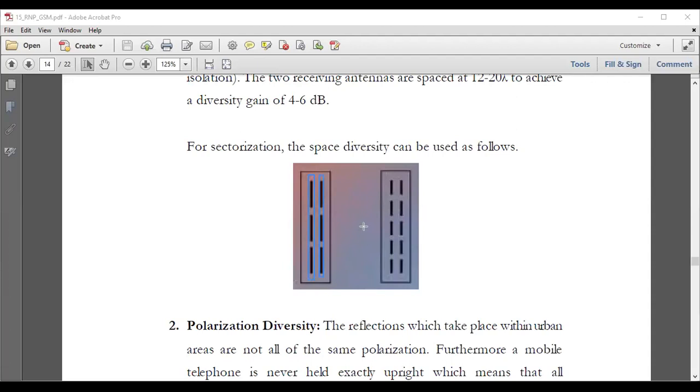antennas or antenna elements. Like you have here 5 elements in one antenna array for 1800, and then you are also using the diversity, and so you have another antenna array. So this way, setting two antennas at some distance or at different space positions is called space diversity. I mean, it is receive diversity, but this technique is